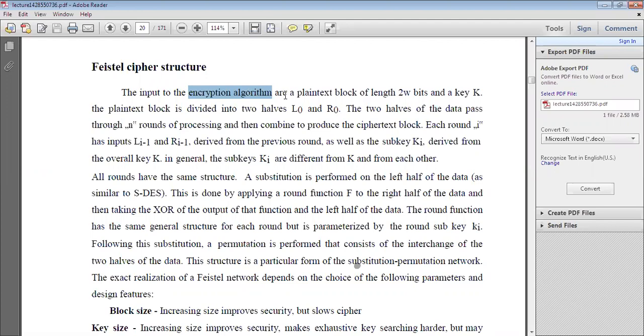The plain text you have to convert into blocks. The length is 2w bits and the key is K. First, the plain text block is divided into two halves, L0, left 0, and R0, right 0. Then L1, R1, up to i minus 1. So that is the number of iterations.